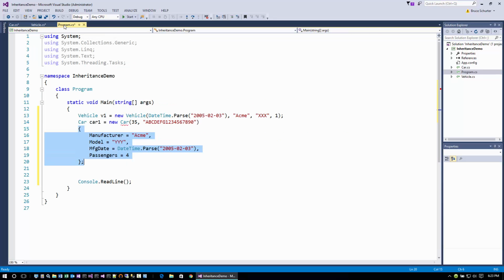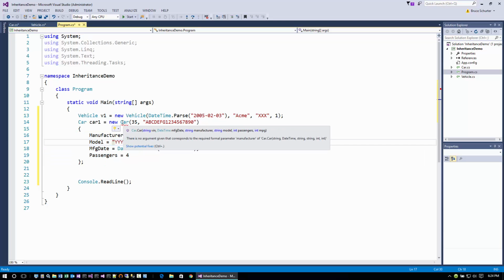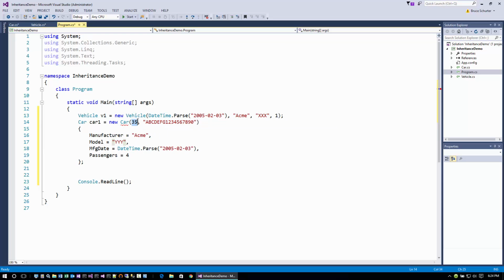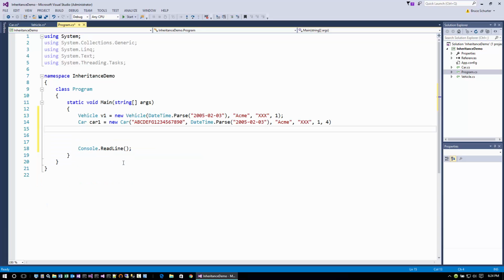Go back to program CS, and now our constructor call is invalid because we don't have a 2-parameter constructor inside of car. What we do have is one that'll accept the VIN, followed by the number of passengers at the very end, and in the middle I can just copy this argument list from the vehicle constructor call, and just use that in its place. Now I can get rid of the initializer syntax and just close this with a semicolon. Now, when I run this code,